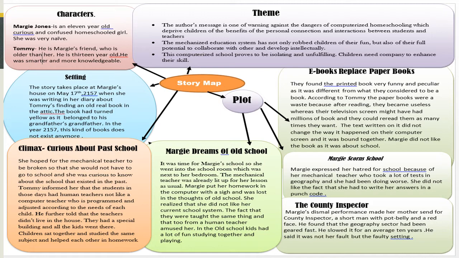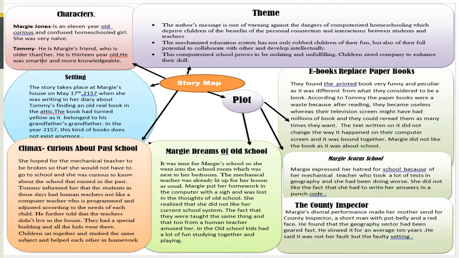Proceeding further, here you will find the plot of the story, which is nothing but the series of events that make up a story. And for your better understanding, I have divided the plot of the story into 4 logical series of events. So the first event of the plot is regarding the strange experience of these students of future. And who are they, these students of future? Margie and Tommy. So on finding the old book, they started comparing their own e-books with those of the past